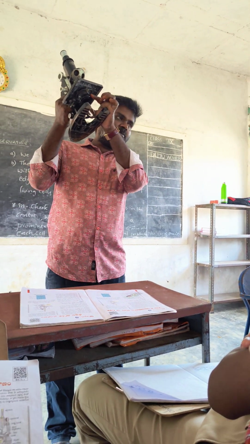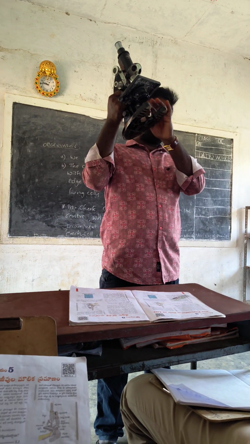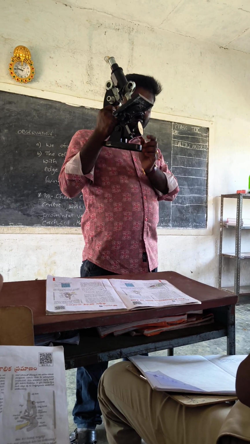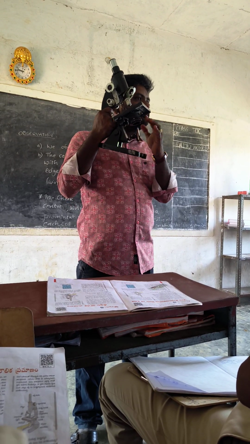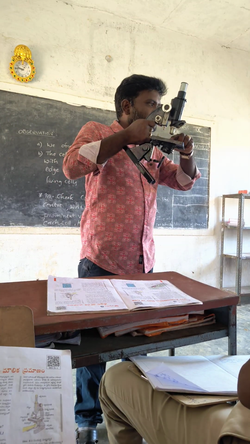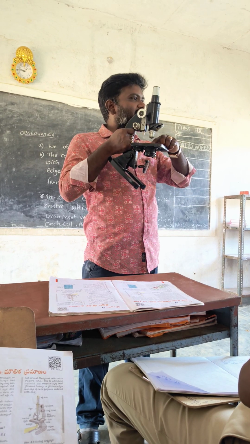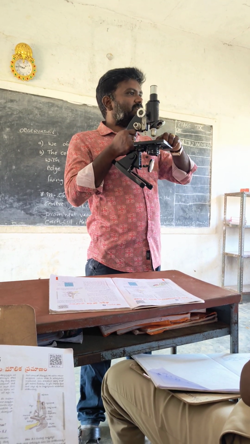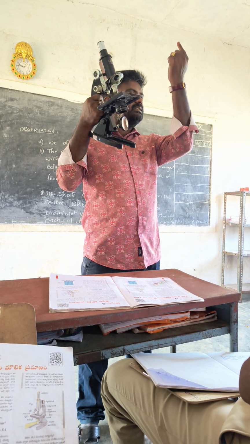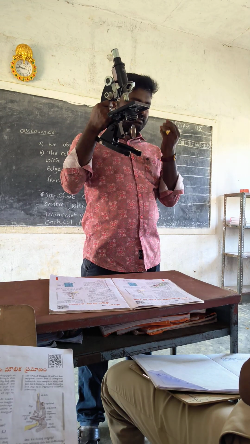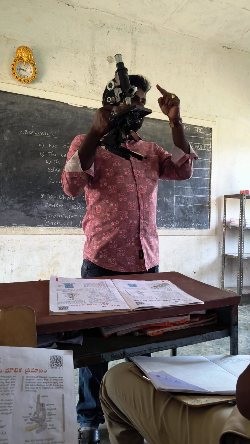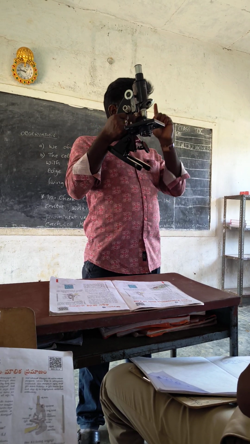This one, see here, this part. Below the stage, there is one part available. That part we call the condenser. So this condenser is helpful to send a light beam near the stage for observing clearly in the presence of light. So to see the light, it sends the light inside, the beam goes straight like this, and it focuses the area. And this one is the mirror. So for reflecting light into the condenser.